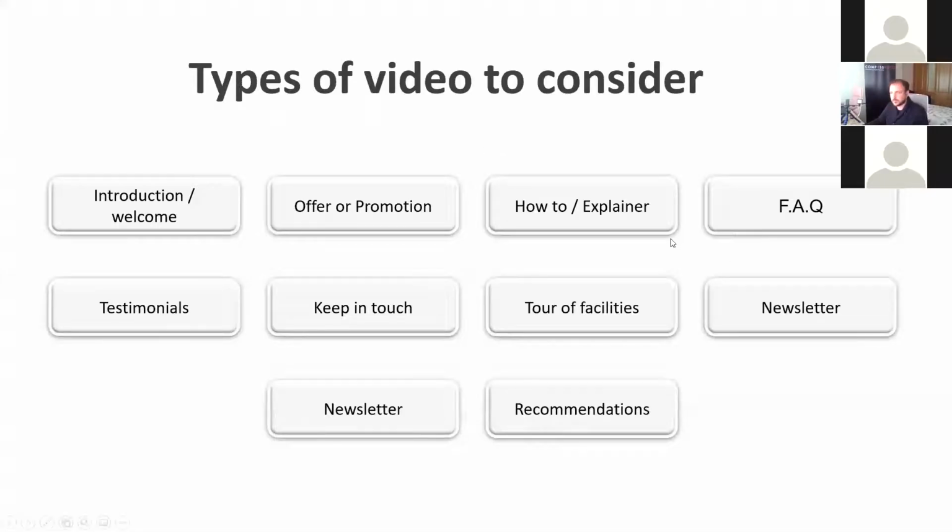Let's think of what types of videos we can make. So videos that you can make using your phone, and these are all achievable, because that's what we always say when we deliver our training, is as long as you're working within the confines of what is achievable with a mobile phone, and you manage your expectations that you don't think you're going to make the next Hollywood film, there is a lot you can do.